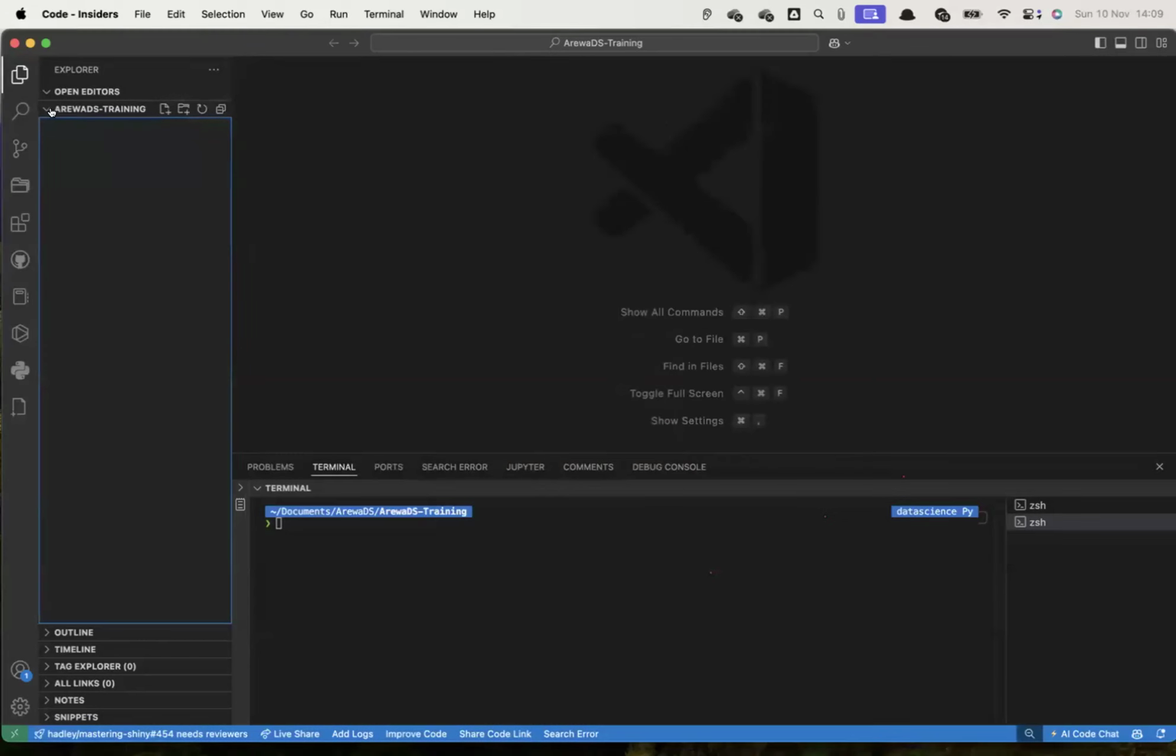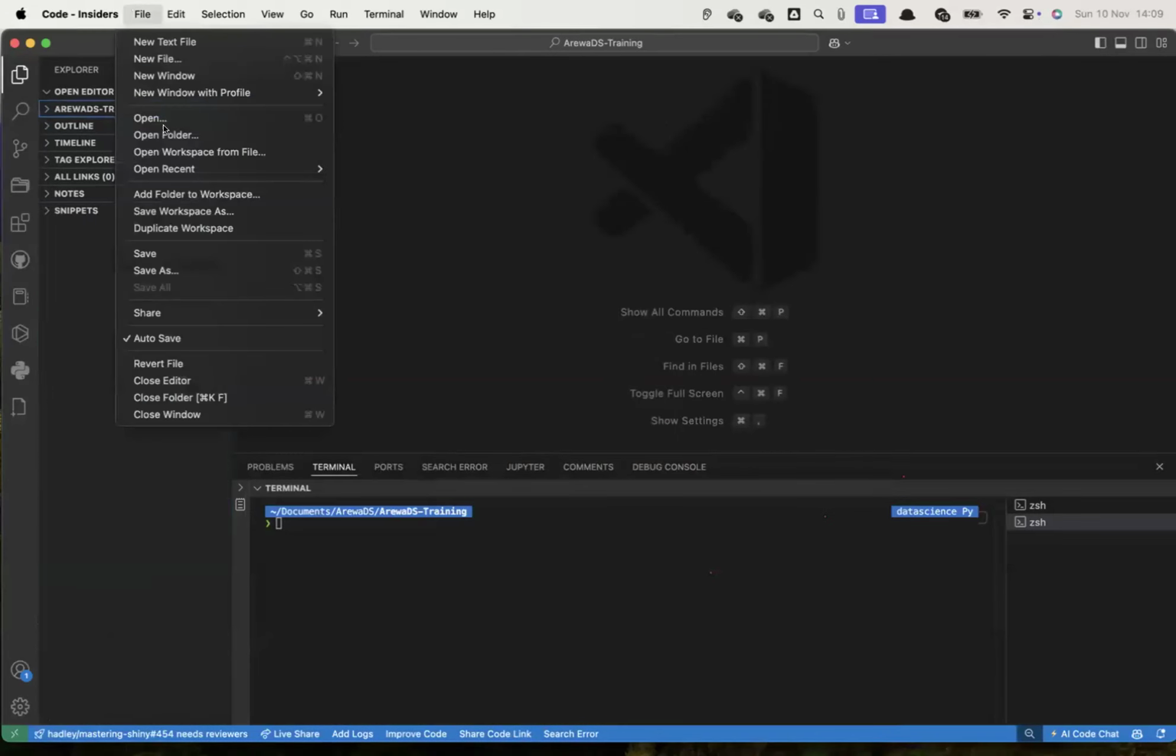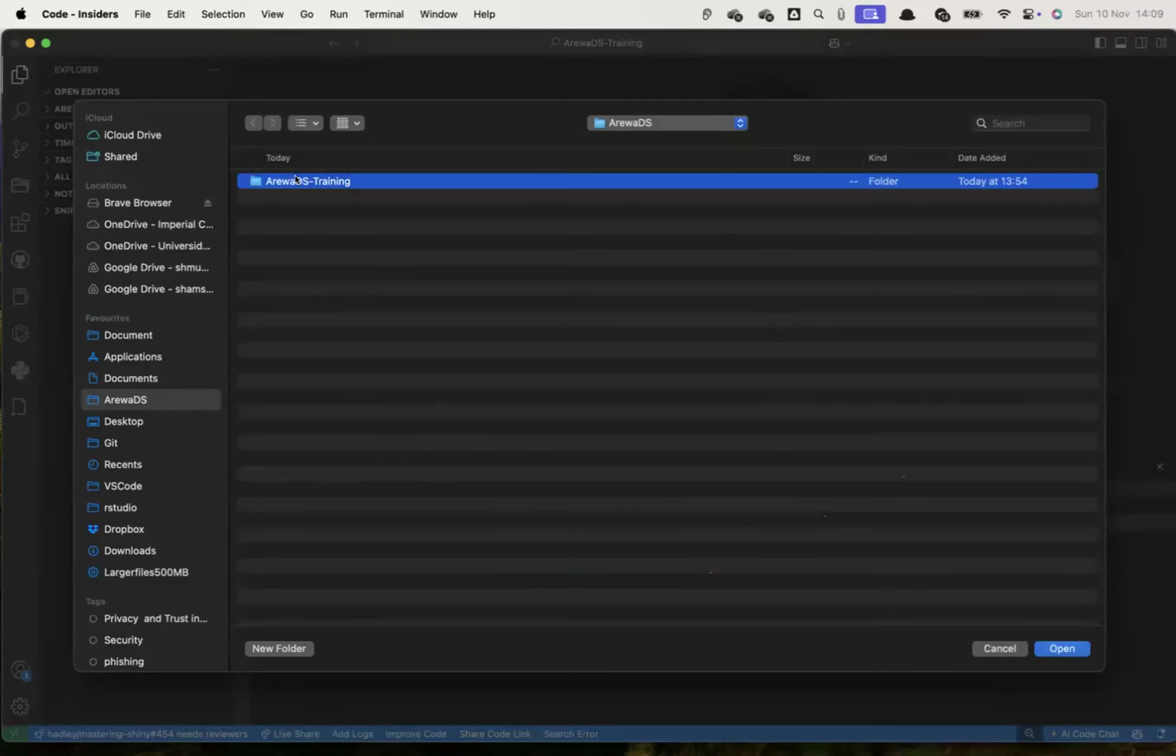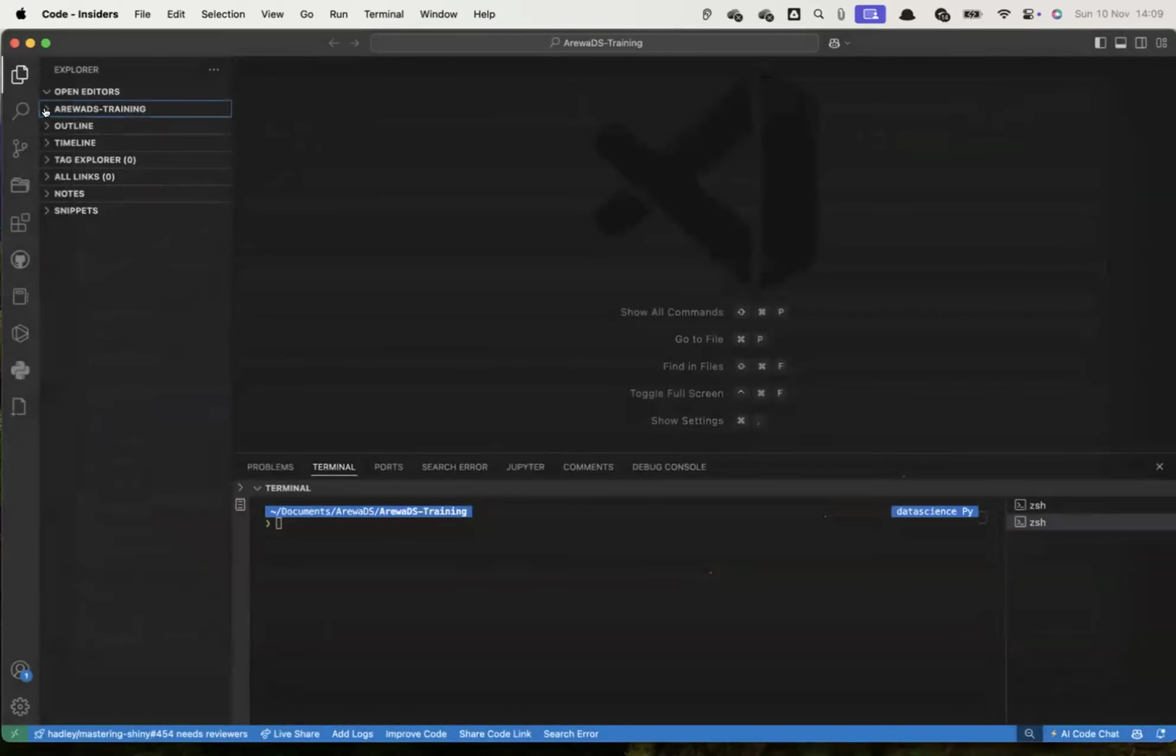So I open them. Let's go back, open folder. I click open folder, I click RO Data Science. You can select any folder you have. I open it. You can see I opened the folder, which is RODS training. You can see nothing is inside, right? So I want to create a file,